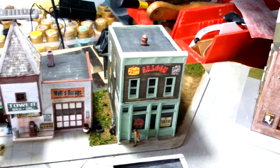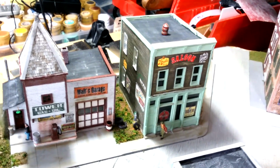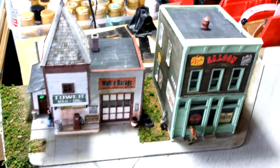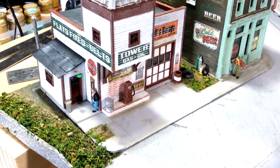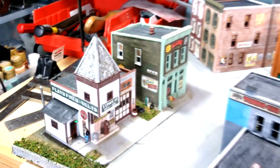You can see how we go around the bend there, and we really can't see that from where we're going to be at, but I put a little bit of detail in between the buildings here, and in front of the buildings. I still haven't found those little oil cans that I have, but as soon as I find them, I'll get them on there. And I'll go back and